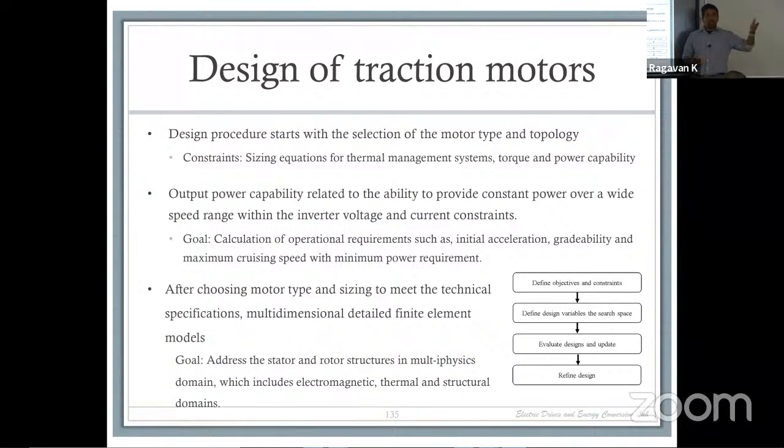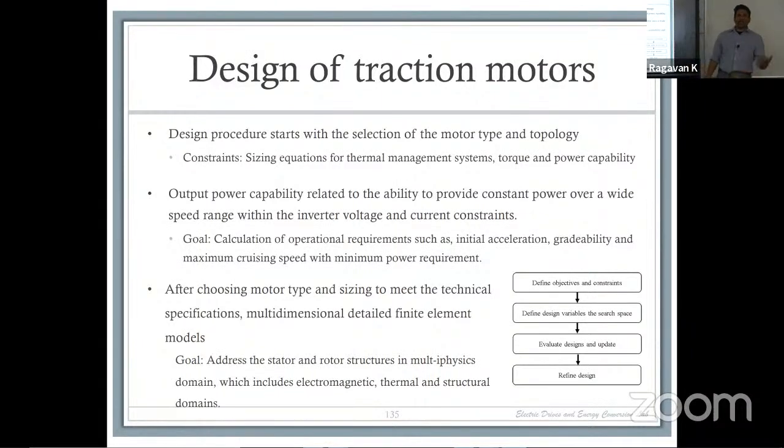No, different profiles. You cannot do that anymore, right? You cannot use a lawnmower engine to run a car. It just doesn't work, which I recognize a lawnmower might not be the right reference here. But generally speaking, a motor that comes from a motorcycle cannot go into a four-wheeler, right? It just doesn't work. So after the type, you go into the multidimensional details, and the goal is to address specific rotor structures, stator structures, and identify what kind of multiphysics behavior you're going to see.